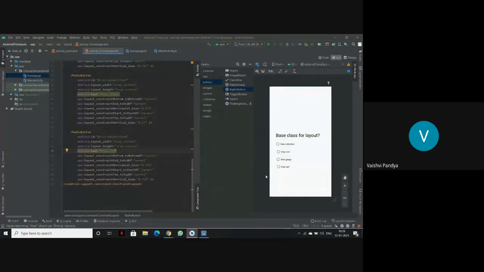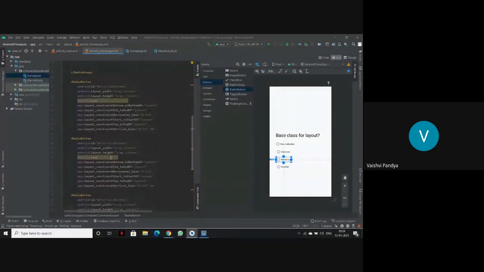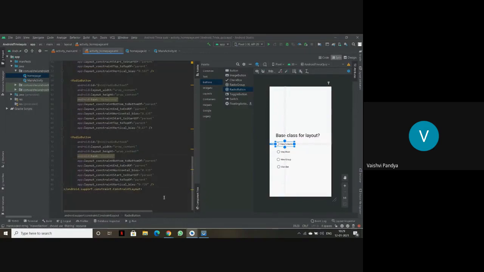I've done a small mistake, you don't have to give the space bar in between, as these are the commands. You have to use the camel method. It's like the first letter of all the words should be capital. Now I'll just increase the sizes. It looks small to me. I'll just write size, like 20 SP.